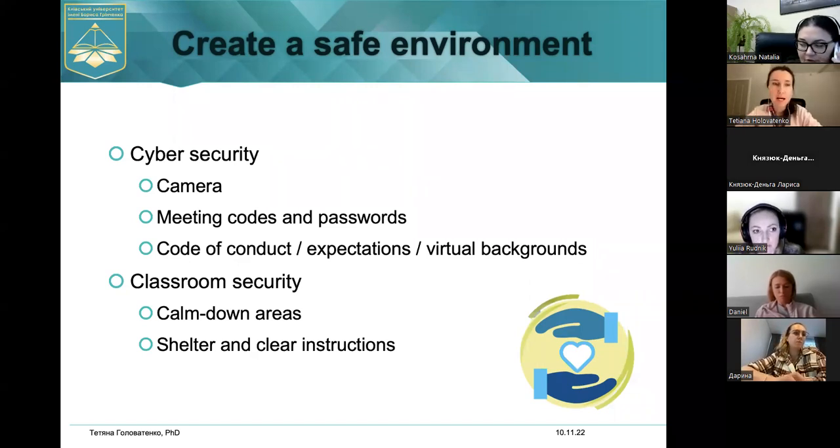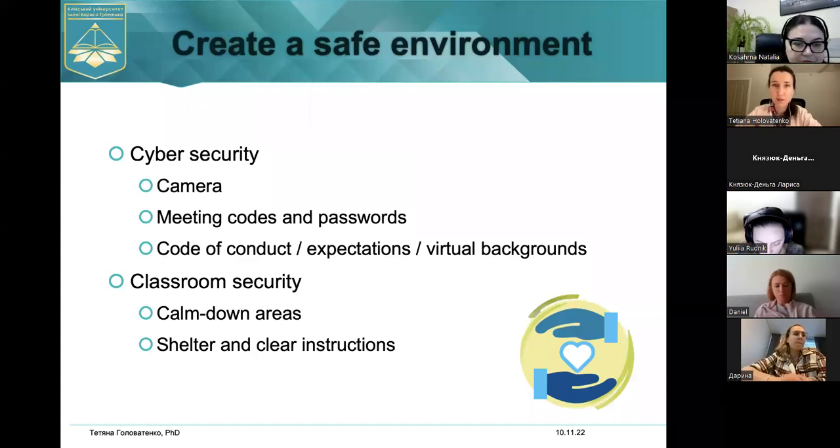Then the next thing is classroom security if you're in a brick and mortar classroom. So it's a good idea to have calm down areas in your classroom. If you see that the person is anxious or triggered by something, you can ask that student to go and spend several minutes in the calm down areas.